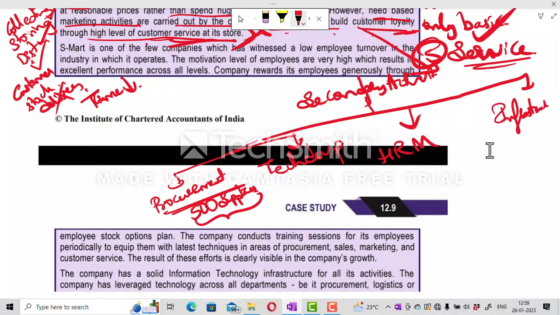So technological developments is whatever software, hardware, systems they are using, all that. HRM means how they are recruiting, selecting the employees, how they are rewarding them, promoting them, all that. Infrastructure is not only physical infrastructure but also the accounting, finance,